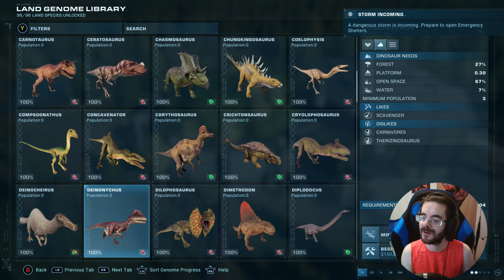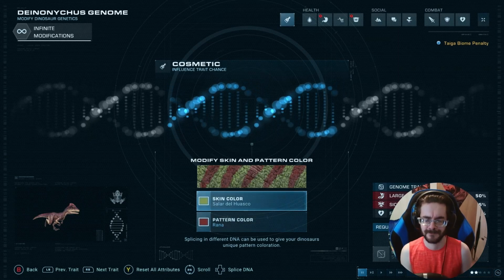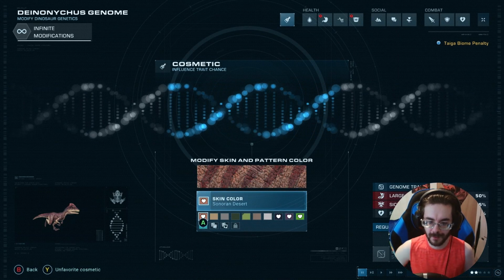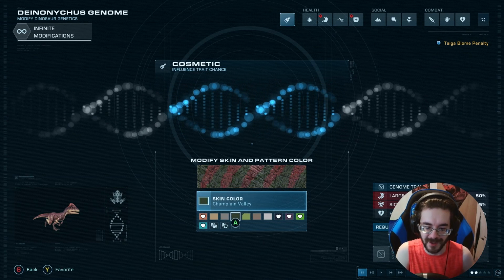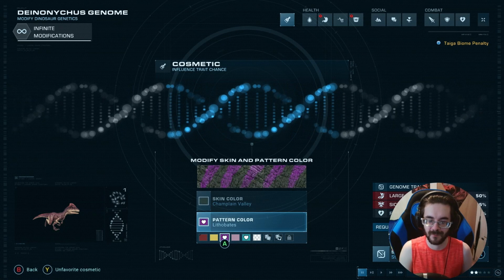How many do I get? Minimum population is 3. How many do I get? 6. Okay. 6 will go in here, no problem. Now, since I want this to be very swampy, I'm thinking we'll make a batch of Champlain Valley, but with...